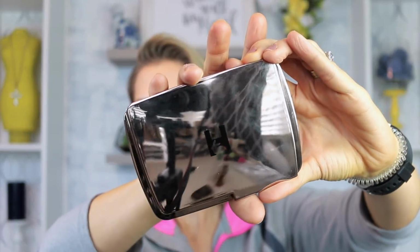But I had to get this because I get it every year, and it's the Hourglass Ambient Lighting Edit Palette for holiday, and this one is in Unlocked, and this is just nothing but glares. Hello camera, hello ring light. It's gold. If you haven't seen it, I can't show you, it's such a glare. It's got a little H with a bunny on it, but the important part is